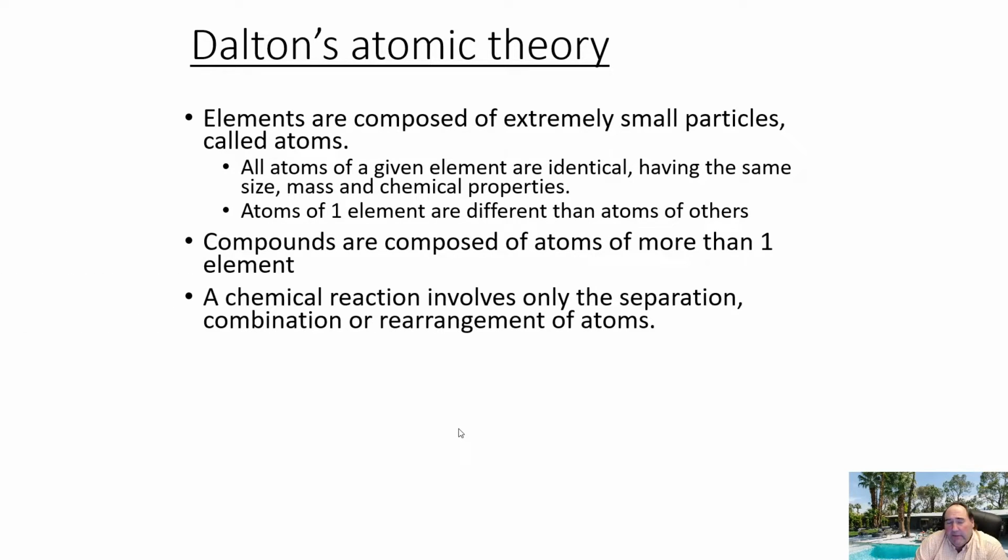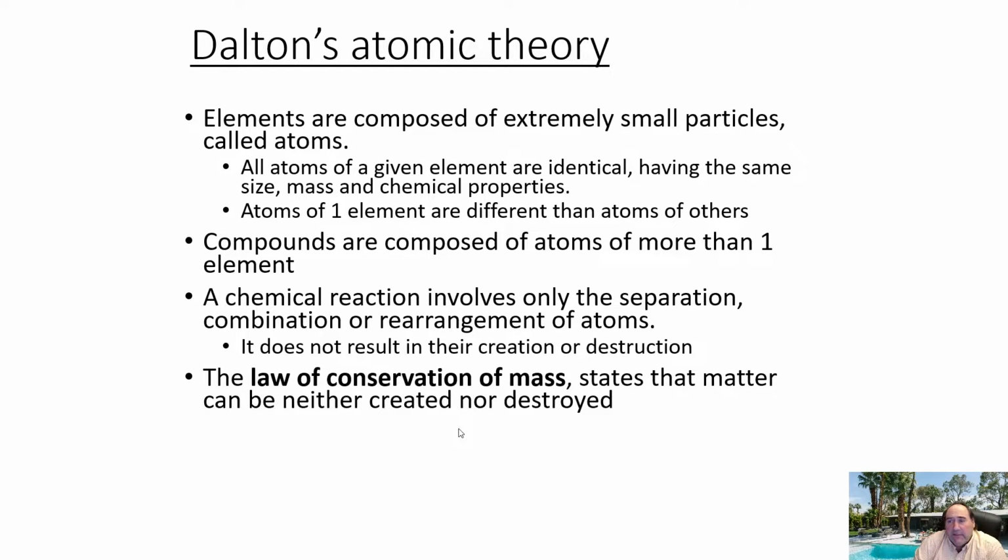And here again, we run into a theory like we've discussed in several chapters before. And remember, a theory is something that may not be correct in all aspects of it, or maybe later shown to be incorrect in some aspects of it. And Dalton's atomic theory is no different in that aspect. There's some important points to it, which we're going to go through. And as we'll talk about, there are some points where it was found later on that it may not be so correct. So let's talk about some things here.